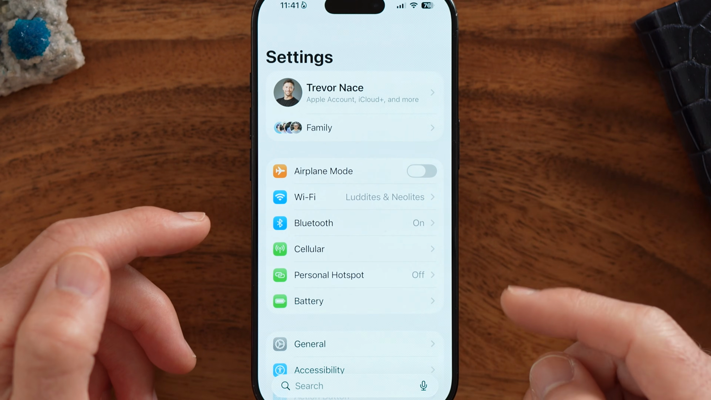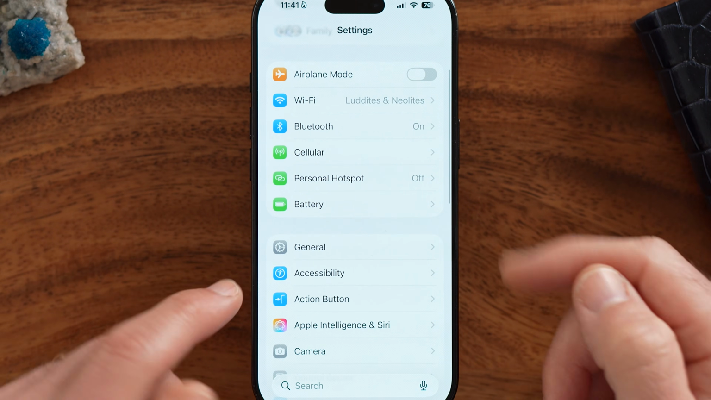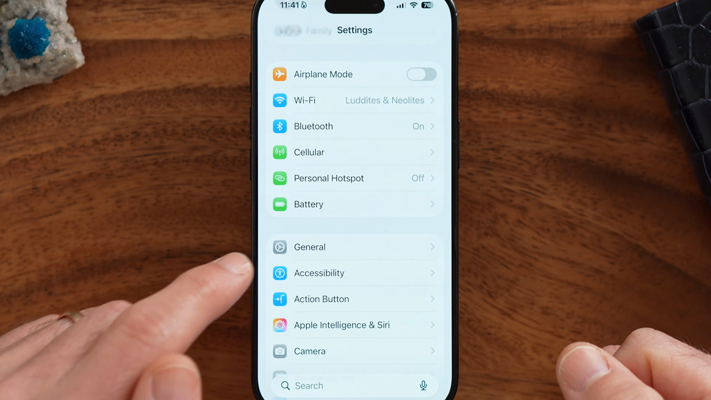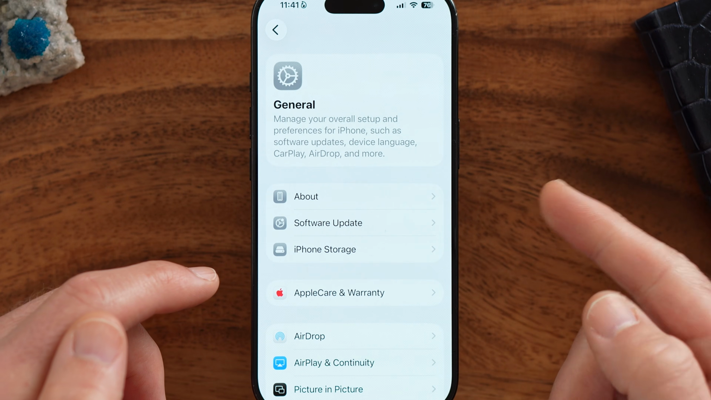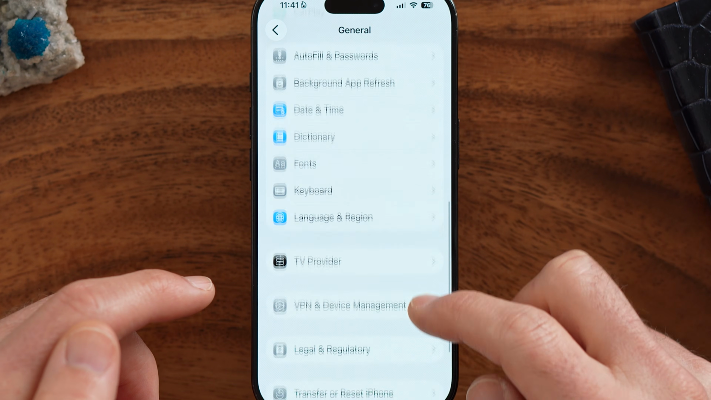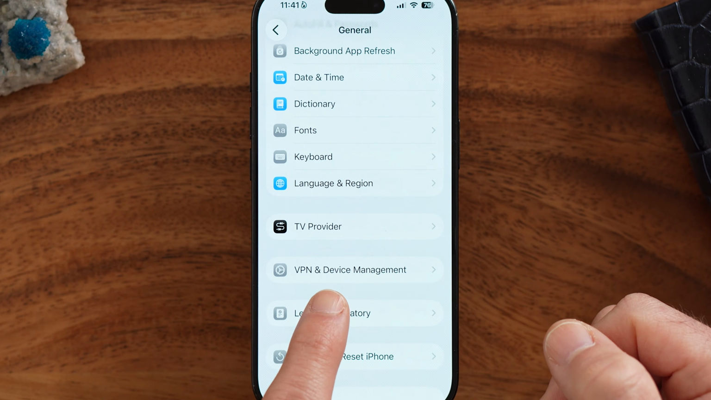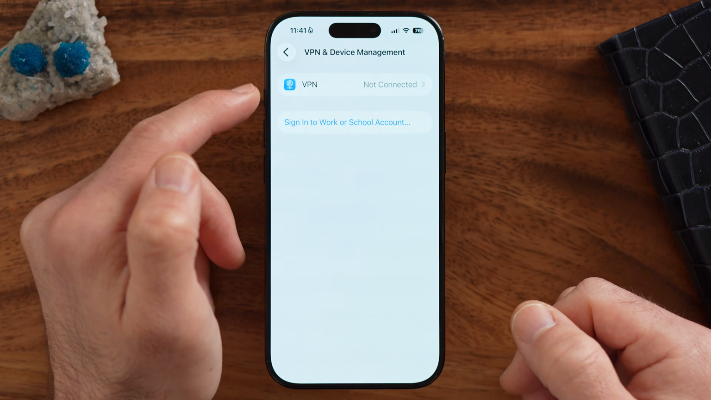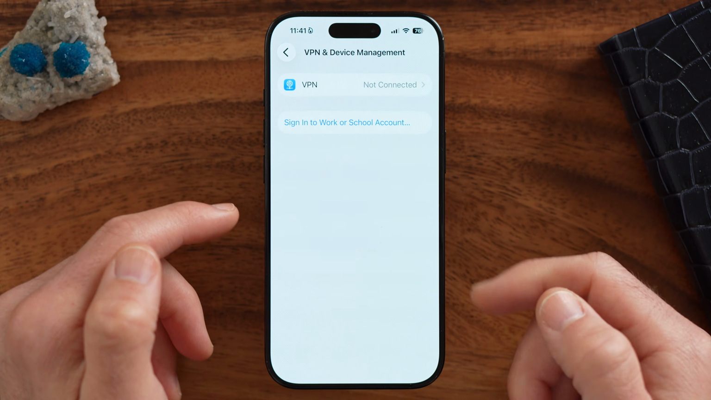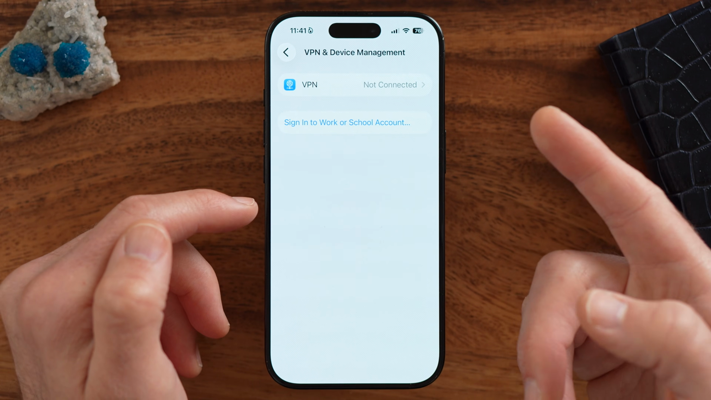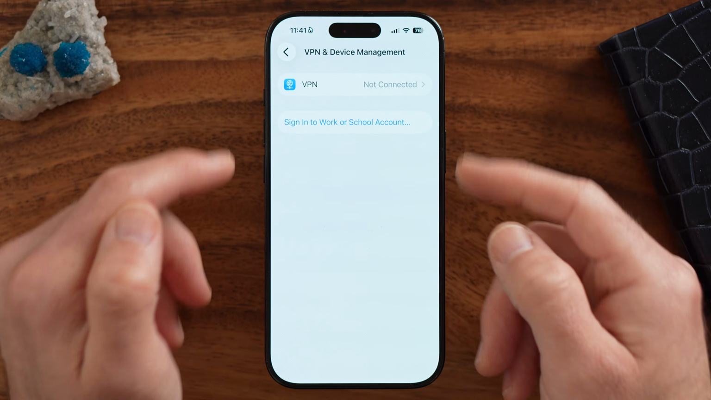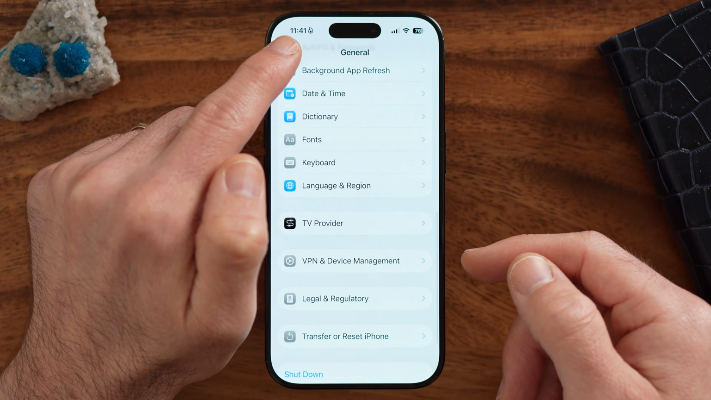However, if that doesn't work, the next thing we're going to do is scroll down from here and tap on General. Now, a lot of times a VPN can mess up with your CarPlay, so let's scroll down to the bottom and tap on VPN and device management. If you have a VPN turned on, I would recommend turning it off and seeing if that helps you connect to your car's CarPlay. Now you can see mine is turned off, so I'm good to go in that regard,